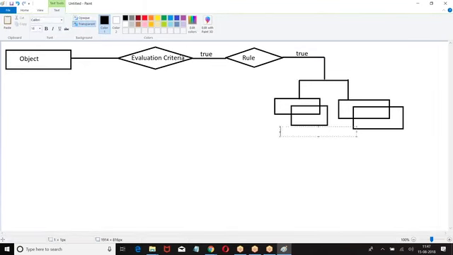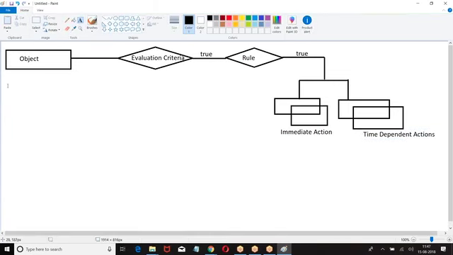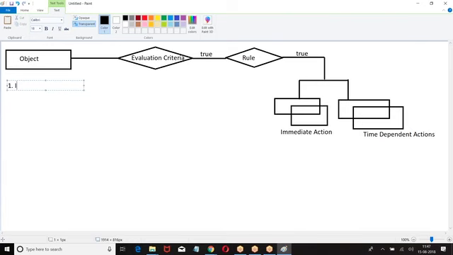So what are these actions? Okay. On which objects can we create them? Standard object or custom, no issue with that.